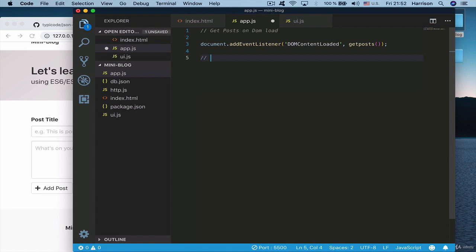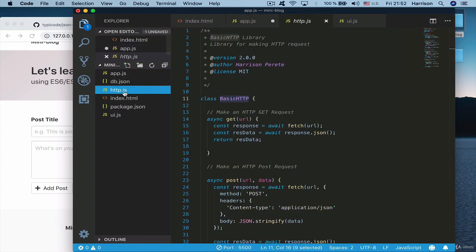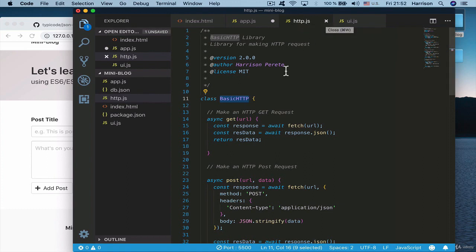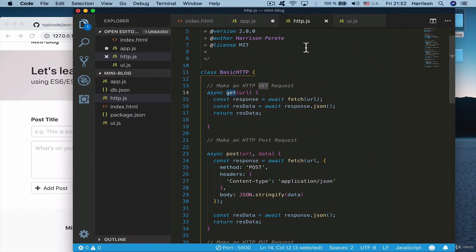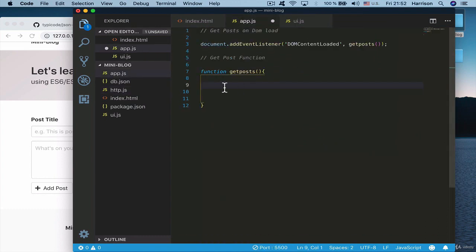So this would be the getPosts function, a function to get posts. In our function, we want to actually contact our HTTP library. Supposing we are using Axios, so this will be Axios. But this is our basic HTTP. I want to get posts. So to do that, we're going to say